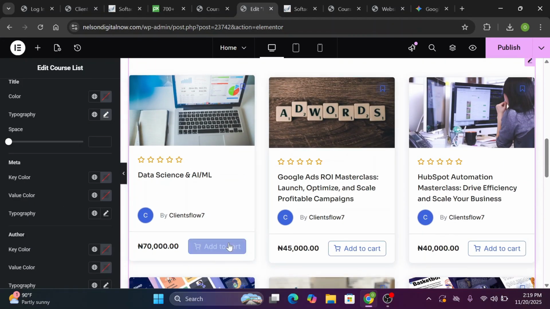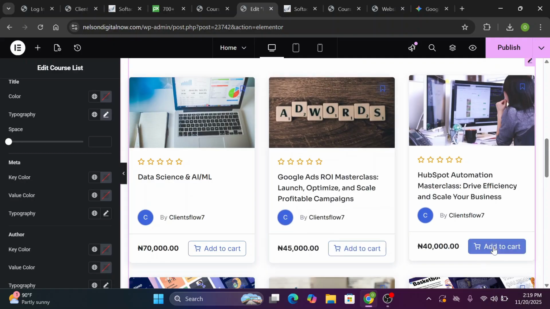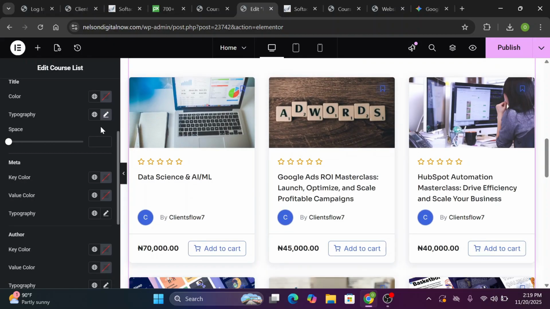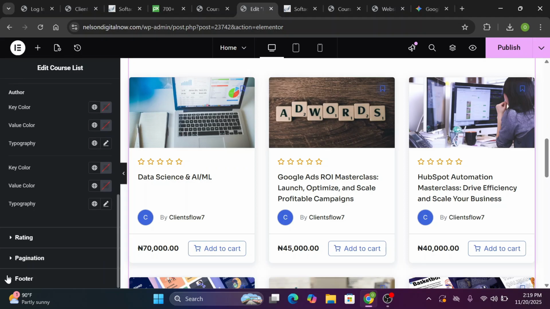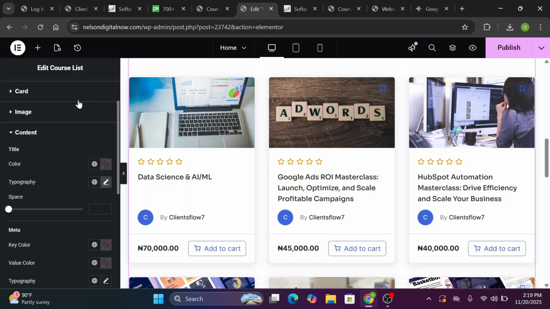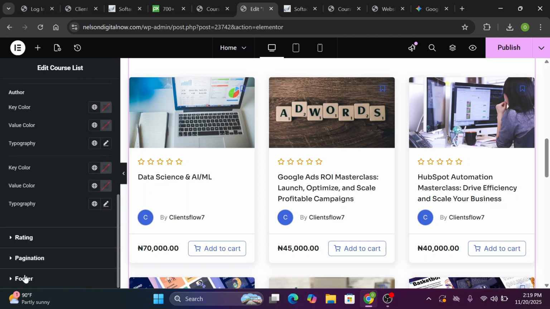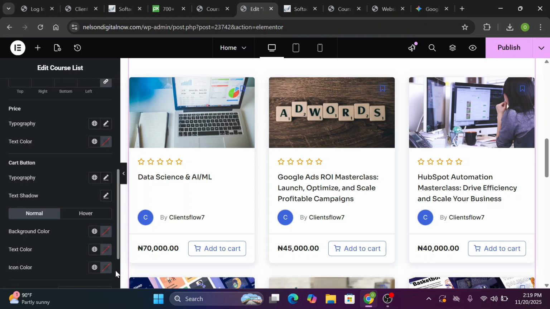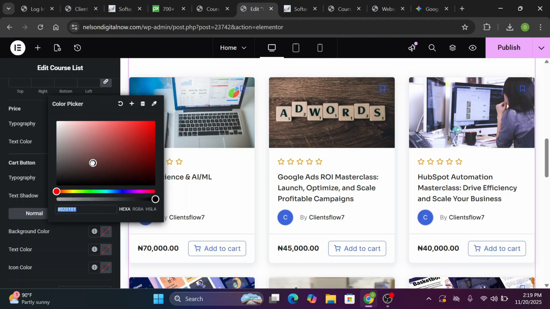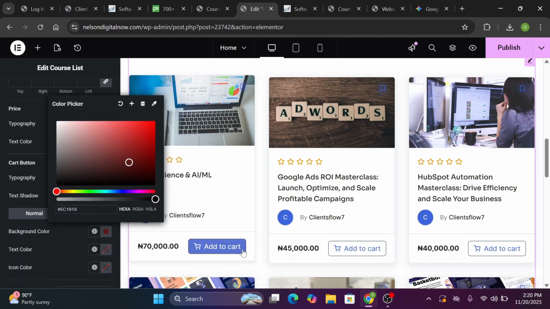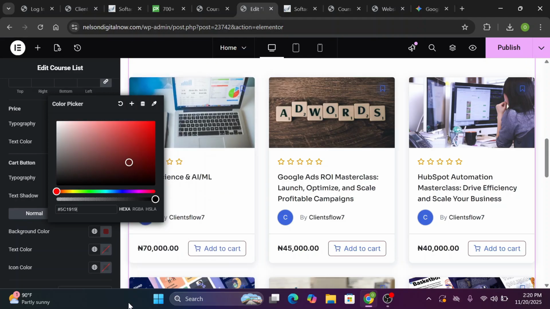So we want to edit these buttons, and to do this, click on, go to this footer. We are still under style, go to this footer, click on it. Then under the card button, you will see background color, click on it. So you can change this. So you can see that this is displaying this. So let's change this background color